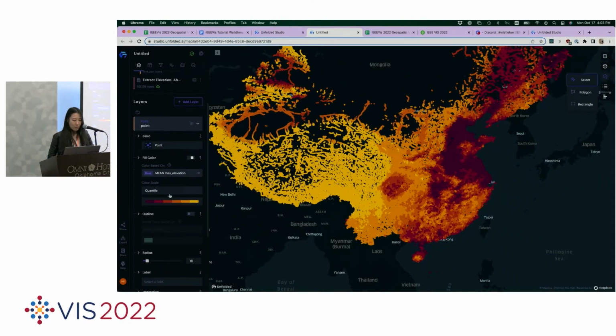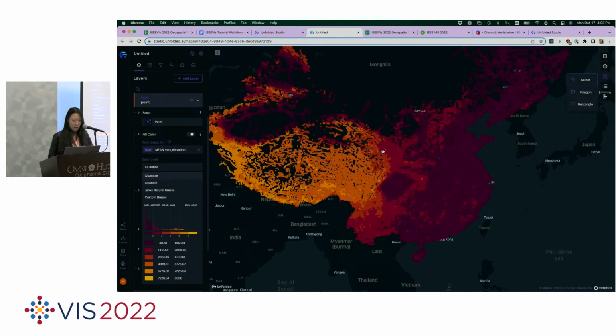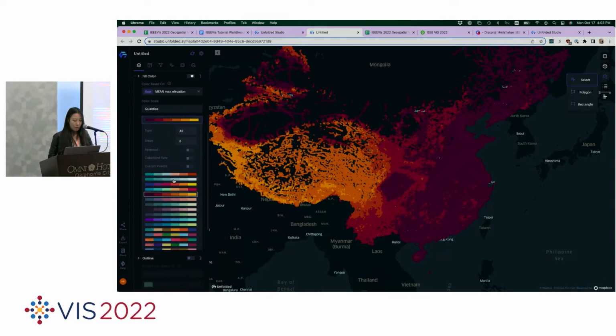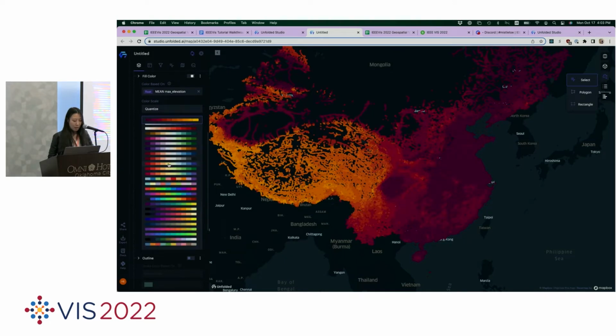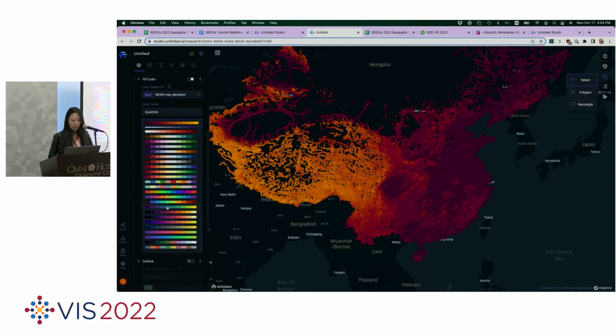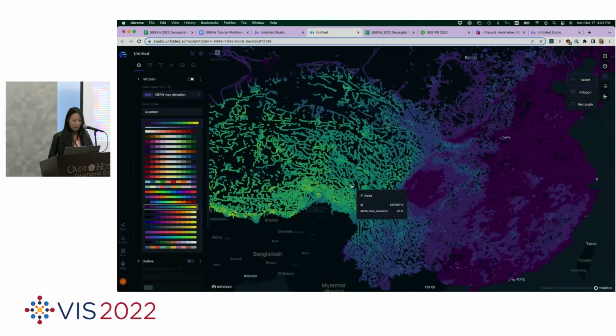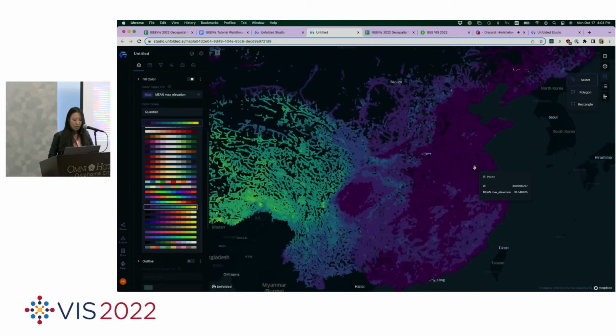So first, let's change our color scale. Because we're looking at a linear attribute called elevation, we should probably use quantize as our default color scale. And we can change the color to be something more linear. So I will change the step to 10. And then I will select a color palette, the vertex color palette, that's my favorite, to use a kind of dark blue to yellowish scale, where the darker color is,